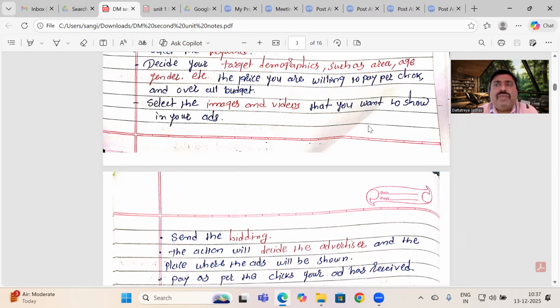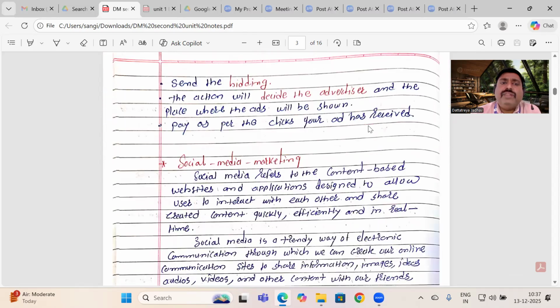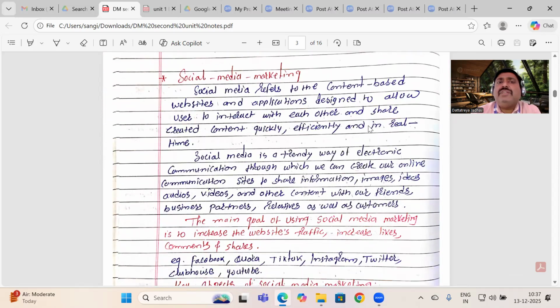So this is the best way to make more marketing. Whenever we go with a second parameter, that is related to social media marketing. It is a vast area, and one of the most famous marketing parameters in the current trend, right? So social media refers to a content-based website or application designed to allow users to interact with each other and